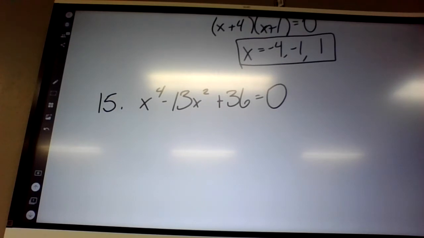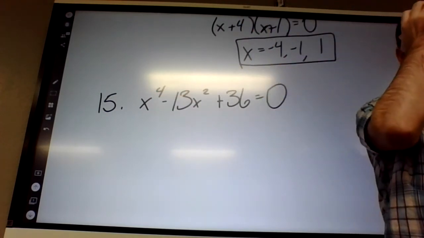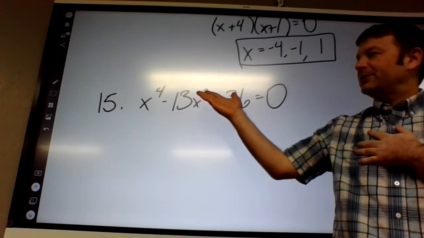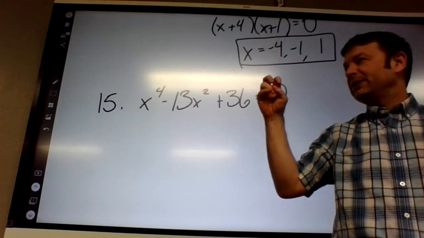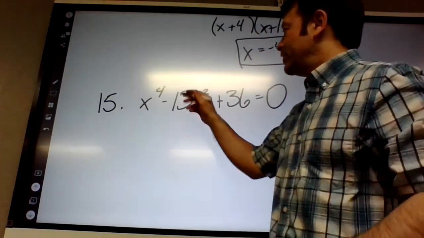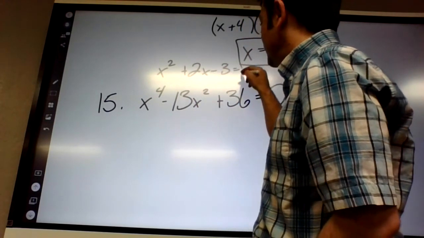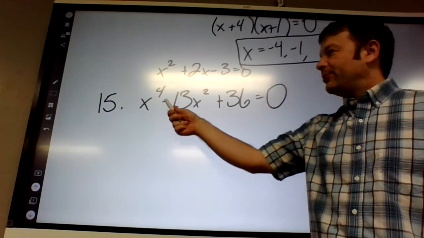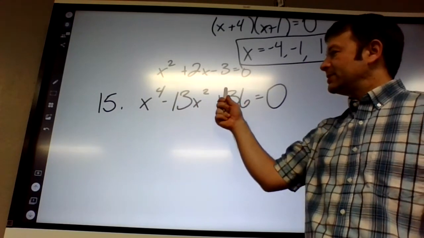So we could use the same trick as 13 and use factors of 36 over factors of 1, and we would get the right answers eventually. However, even though this is not a quadratic equation, it is in quadratic form. Normally a quadratic equation goes x squared plus some x's and then a constant, right? This is not a quadratic equation, but it's in quadratic form because this has no x's, this has x squared,